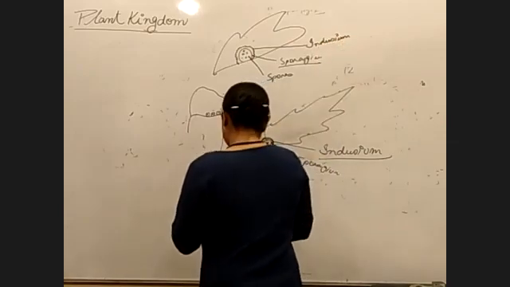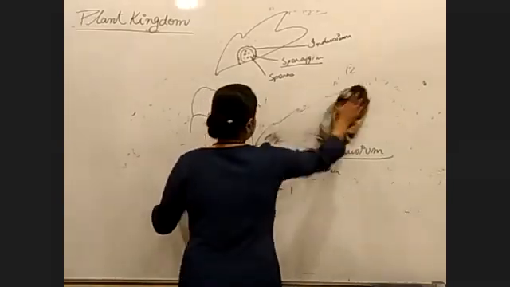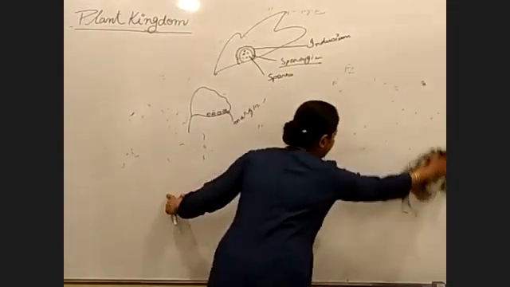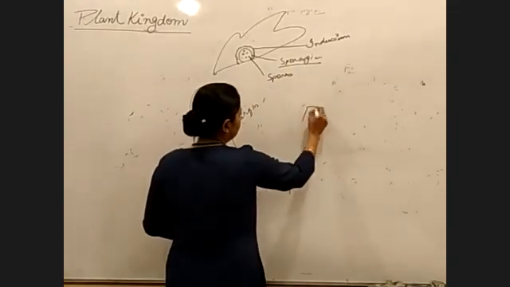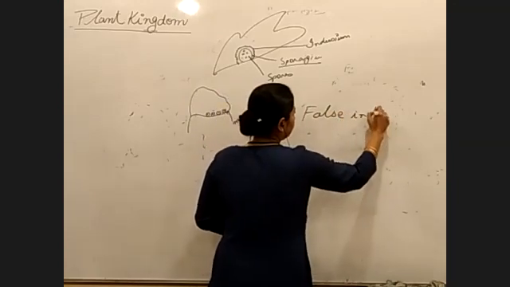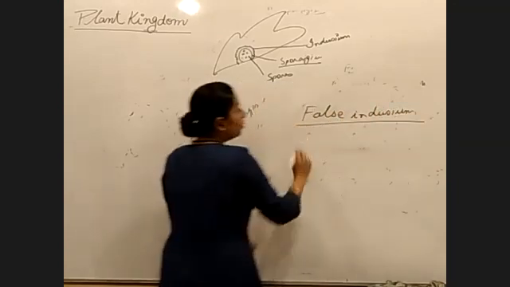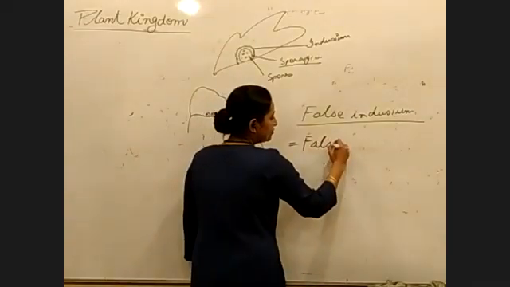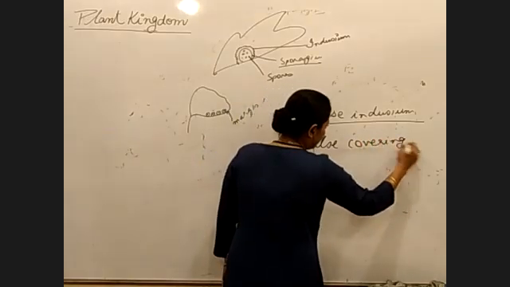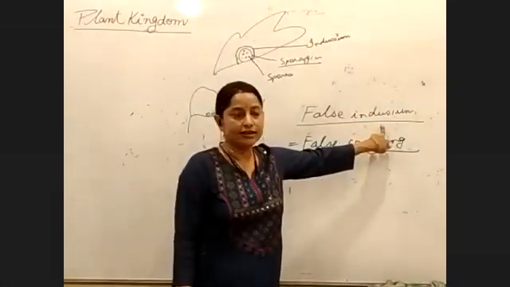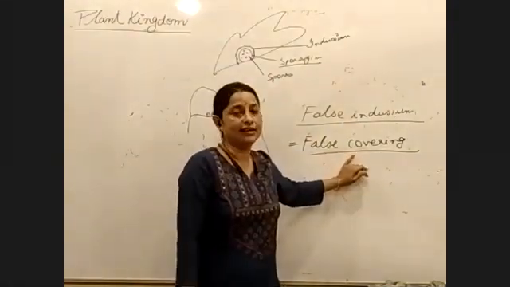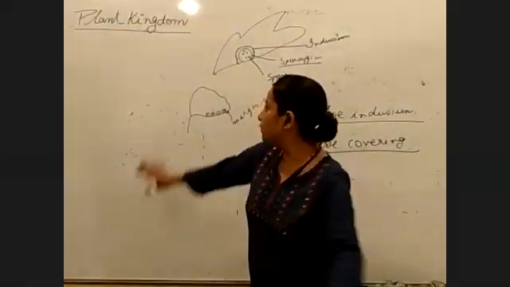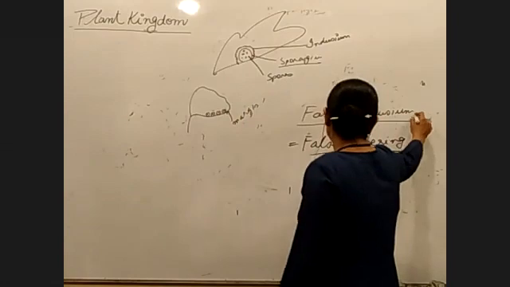Is this part clear? Ekinoke clear hoise na nai? Yes, ma'am. Right? Now, indusium is clear. Now we come to the word called as false indusium. Right? What is false indusium? False indusium could also be talked about as false covering. Indusium ki hoy? Nothing but the covering. Right? False indusium, false covering. Just a way to understand. Okay. Is it clear? Yes, ma'am.